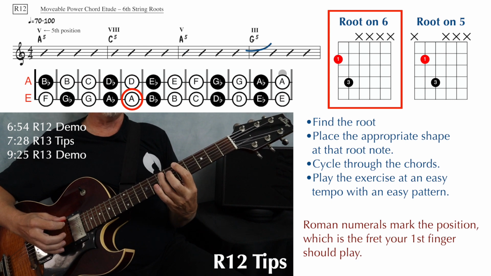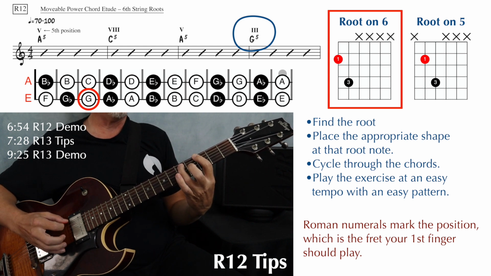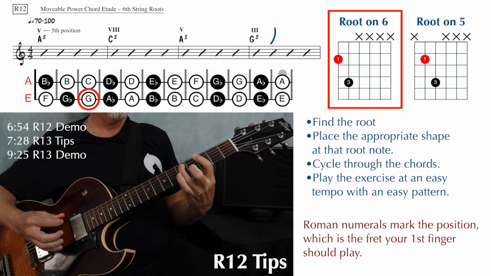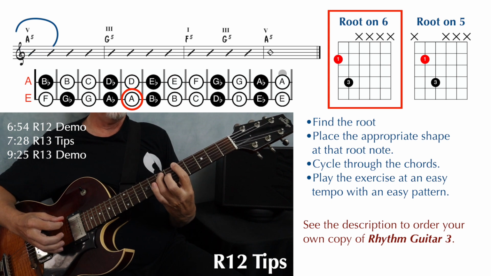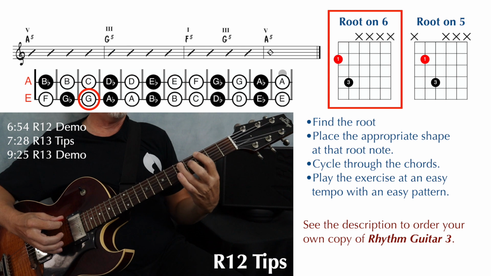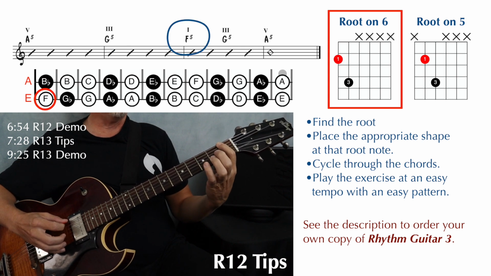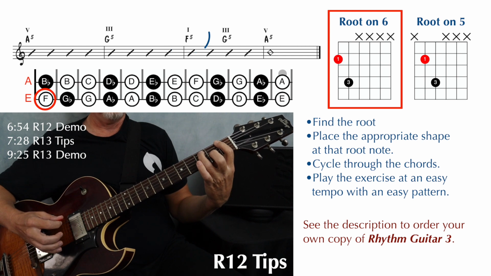Then we have a G5. Notice that is marked in 3rd position. So you move your finger to the 3rd fret on the 6th string, because we're using this particular chord shape. There's our G5, or G power chord. Then back to that same A5 in the 2nd line. Back to that same G5. Then we have an F5, notice the Roman numeral 1, that's going to be in first position, back to the